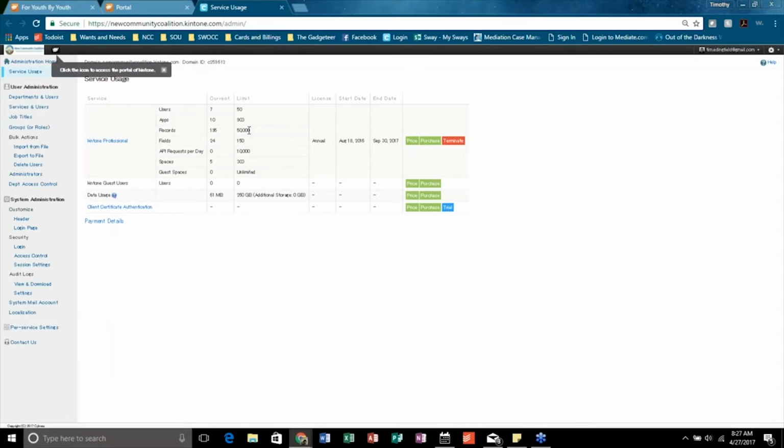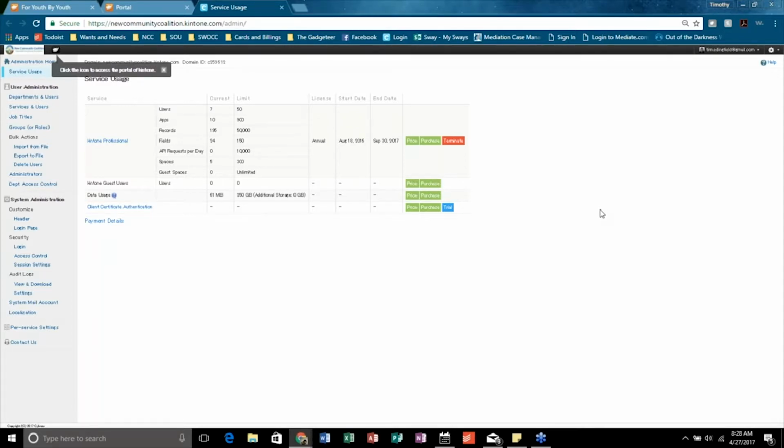There's over 50,000 records capacity for each application, and you can have 900 applications. You can also have up to 50 users. Now, if you live in a big city, or you have a big organization that needs a lot more than just 50, you can always pay for another 150 to double what you currently have.